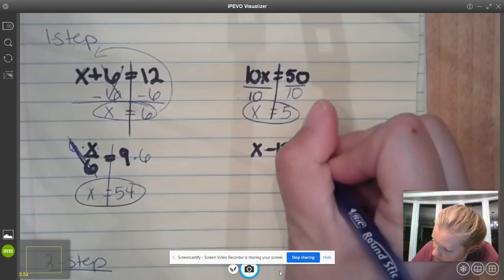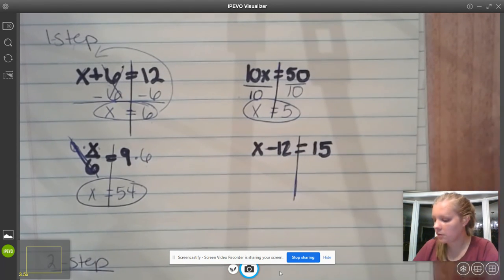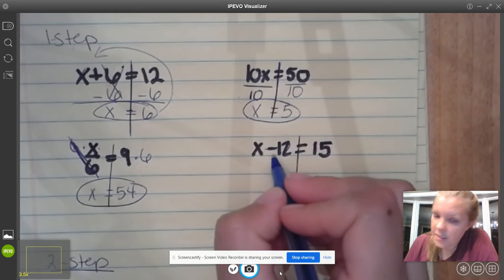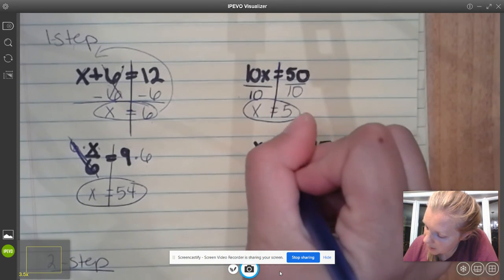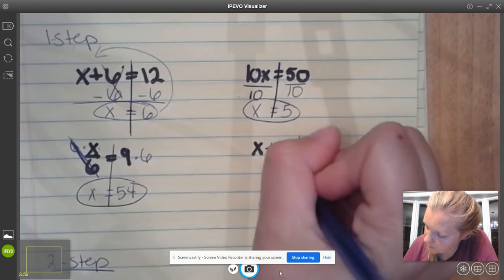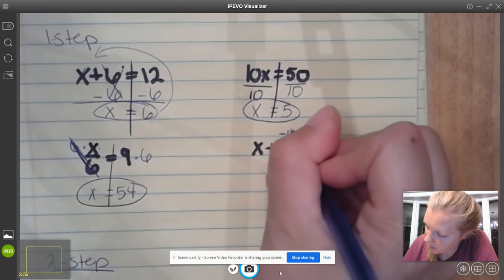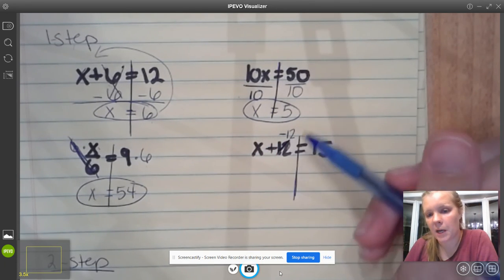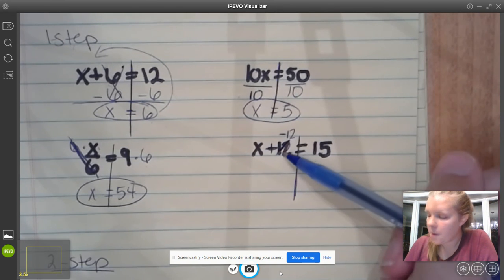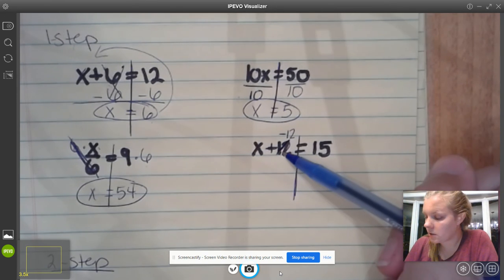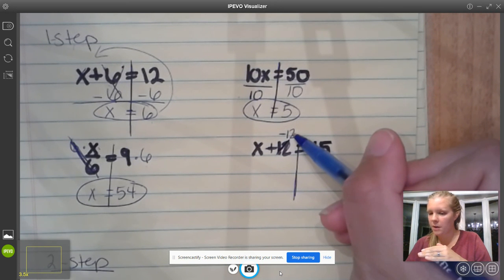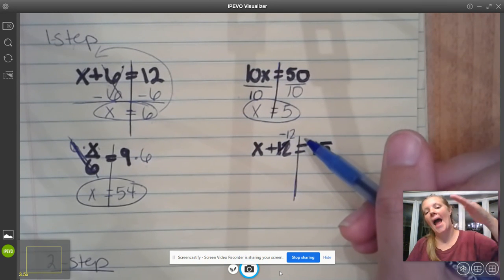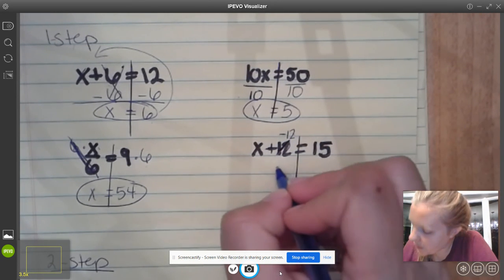And for the last one, see how I'm still drawing that line through the equal sign? This is a minus 12. I don't like subtraction. I'm going to add the opposite. So remember to add the opposite. We make this addition. And then the second number becomes the opposite. The opposite of positive 12 is negative 12. My job again to get constants to go to 0. So if I have a negative 12, I'm below 0. If I'm on the number line, I need to add 12 to make it go up to 0. So I'm going to add